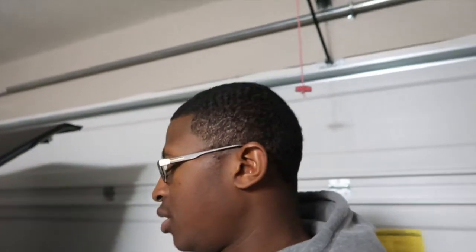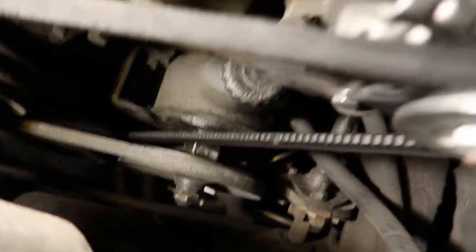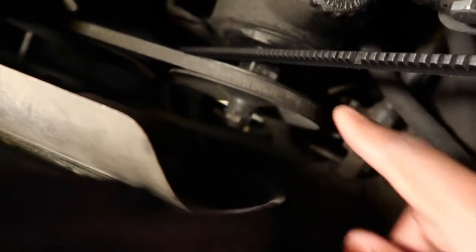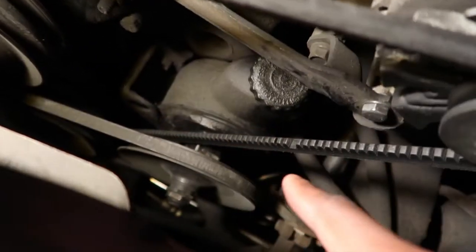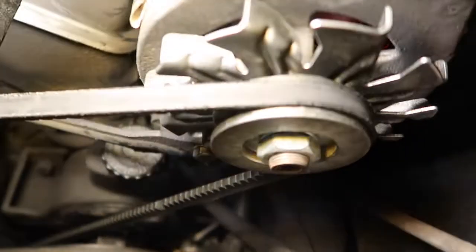Today's video is gonna be about me changing out my power steering belt and my alternator belt on my 1964 Chevrolet Impala, a 4-door sedan, post. You see it. Because in order to change this belt out, you gotta take this off, all right? And how you do this is by this bolt right here, the bolt right there, and there's one at the back, I believe. I never changed it, so